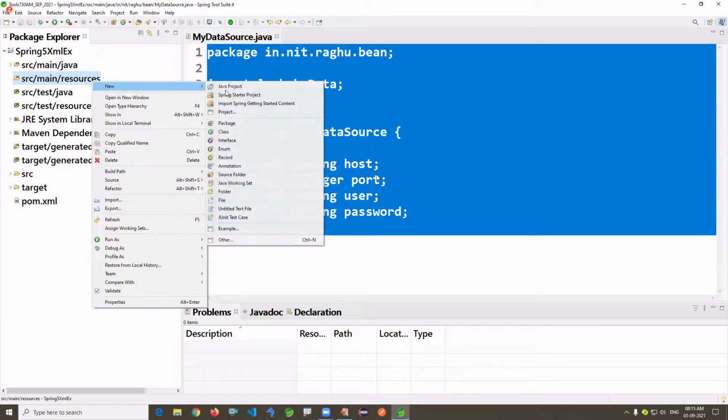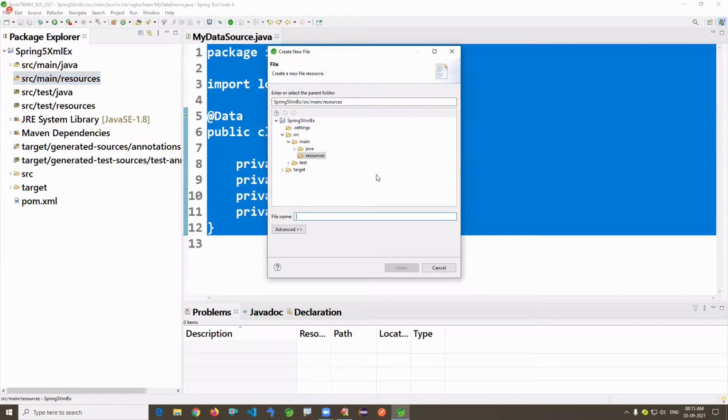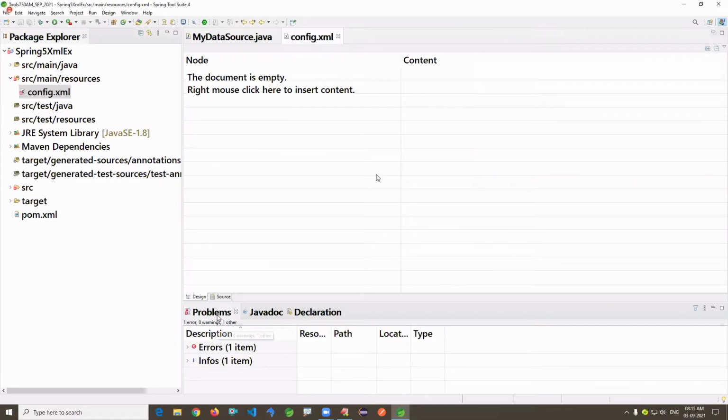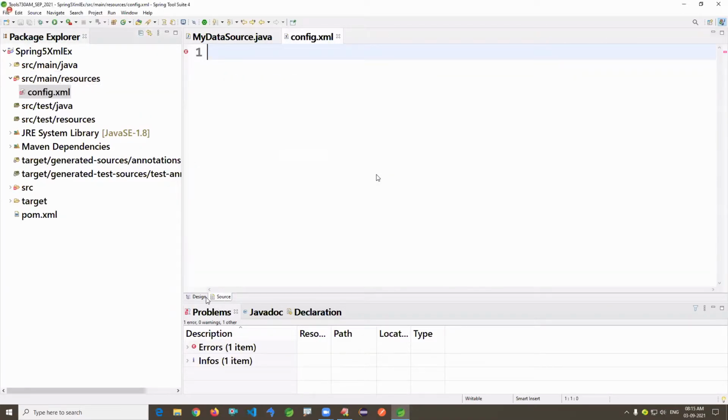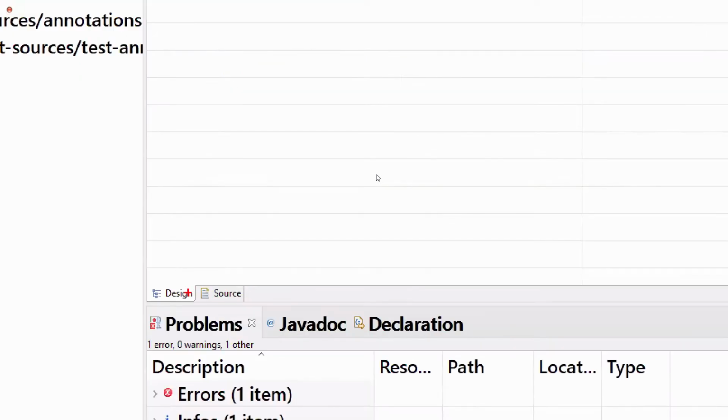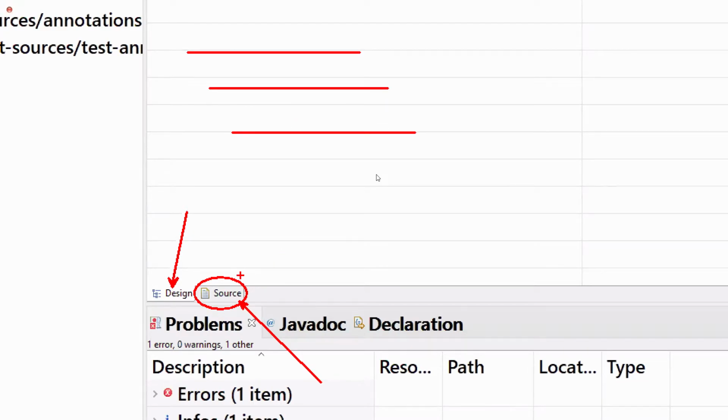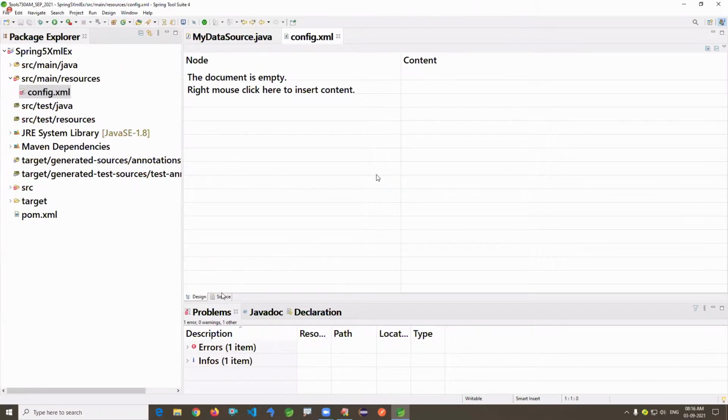New file. I'm taking the name config.xml, beans.xml, any name. Click on the source option, since it will open in design mode. You may get some lines like this. See at the bottom, design and source.